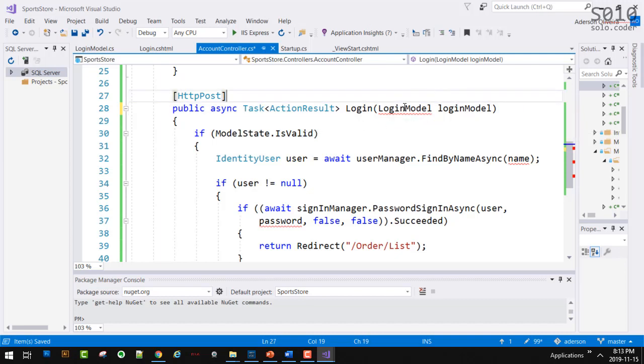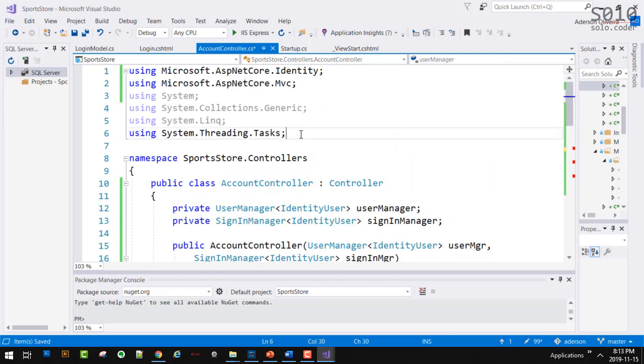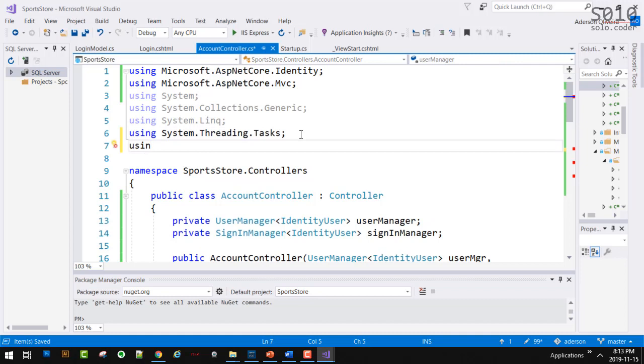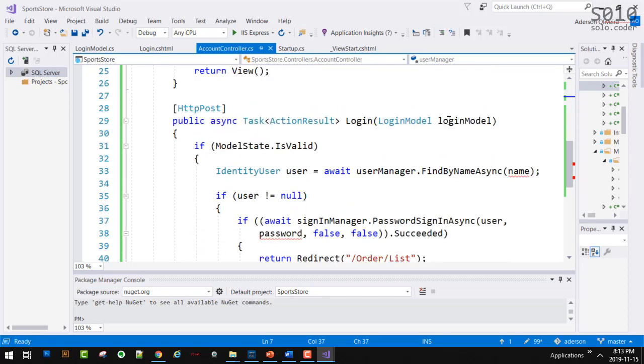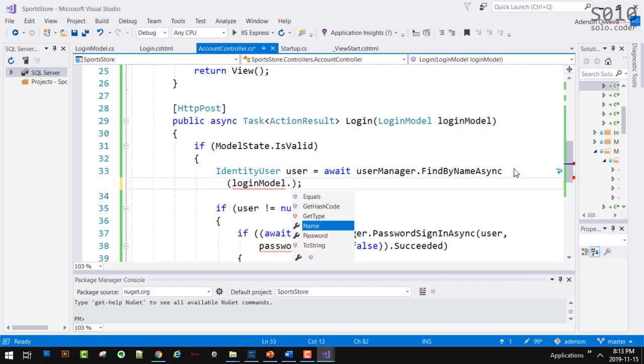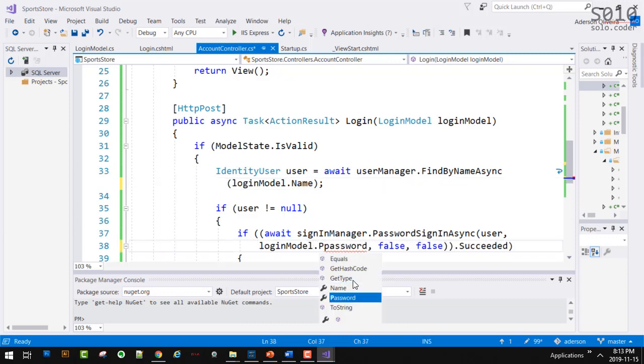It's about the namespace, so I need to add it. I cannot do it automatically, so I can just type it in manually: using SportsStore.Models.ViewModels. So I'm just adding the namespace. And now, what do I do with this and this? loginModel.Name and loginModel.Password.